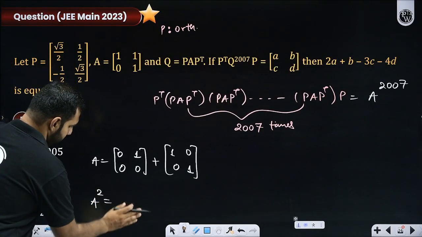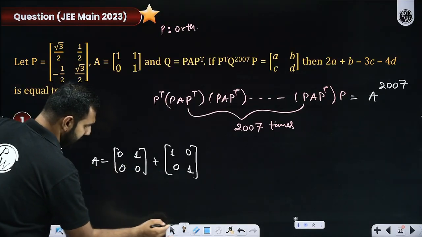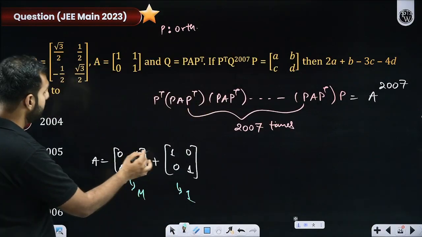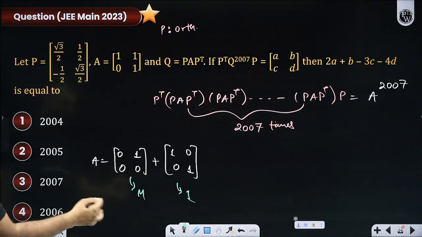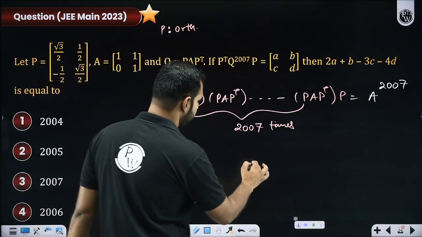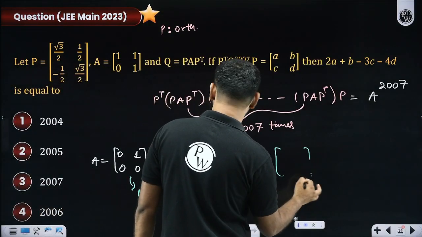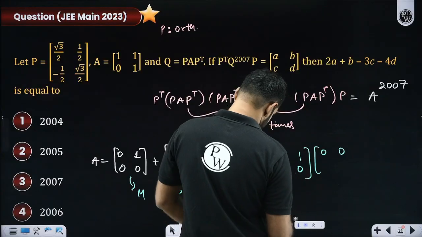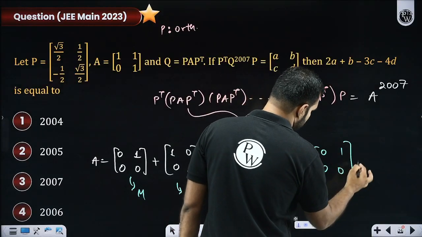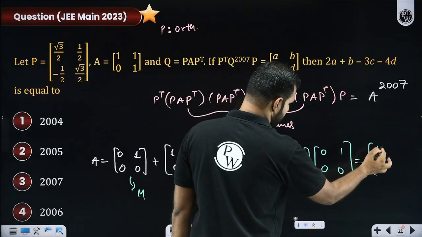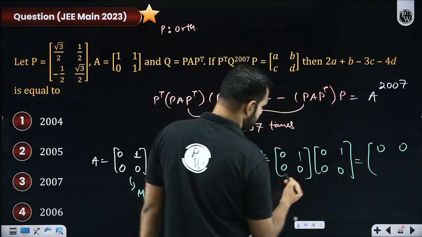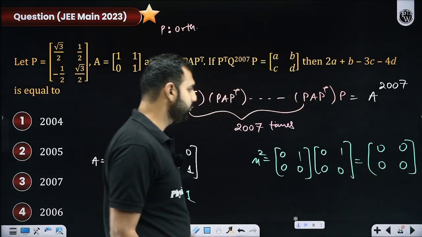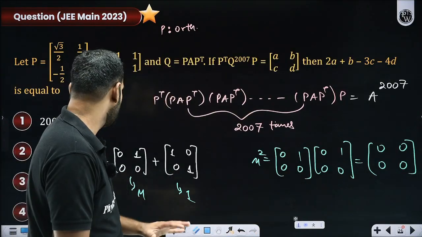Sir, A square will be what? I hope you're understanding. This is how I'm writing it. I hope you remember this method. This is your M and this is your I, right? 1, 1, 0, 1, right? So I am willing to find out M square. Can you help me with M square? M square here is going to be 0, 1, 0, 0 multiplied with 0, 1, 0, 0. M square is going to be what? 0, 1, 0, 0, that's 0. 0, 1, 1, 0, that's 0. 0, 0, 0, 0, that's 0. 0, 0, 1, 0, that is again 0. Yes or no? So M square is 0. M square is null. So I think my job is really simple now.